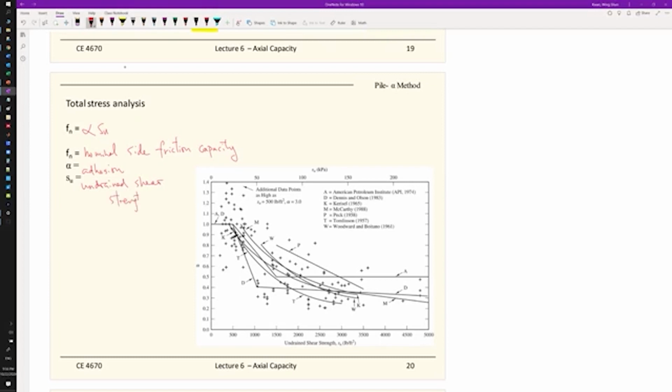This is the S sub U. Remember, back in 366 and 368, we talked about how to convert the undrained shear strength from the field data. Back in lecture 2 of this semester, we also talked about how to find the undrained shear strength. And different research in the past gives you different kinds of correlations for the alpha that we use